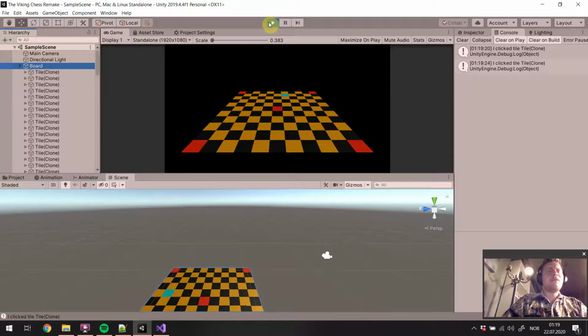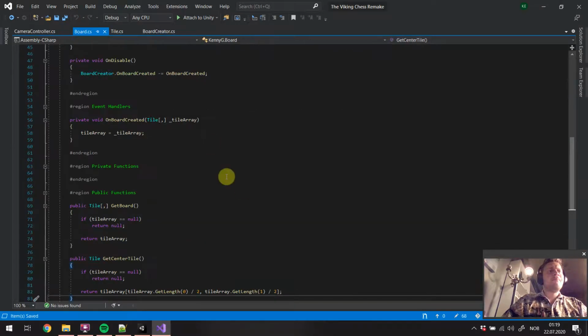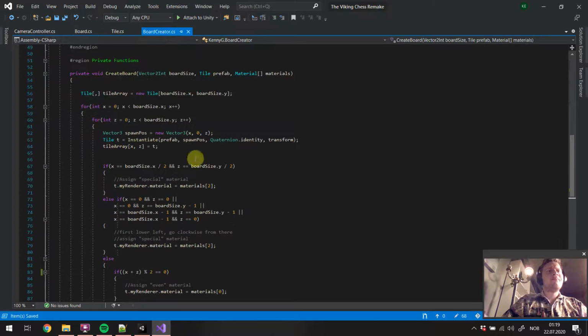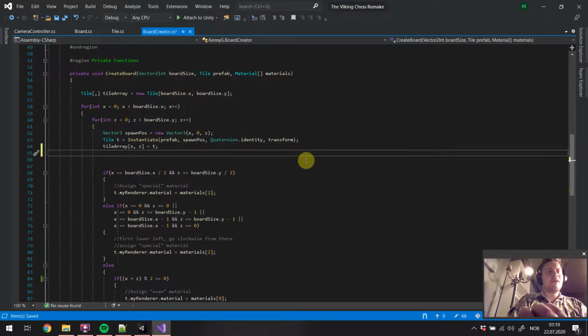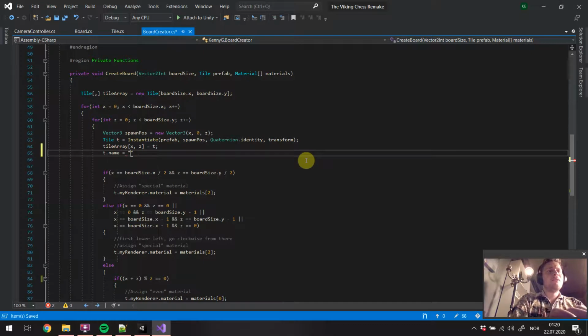Yeah, I think we're actually going to do that right now, because then it's easier for you to see what's going on. So when we are creating a tile, we're going to assign this tile a new name, and that's real easy to do in code. So in the board creator, inside the create board function, after the tile array assignment, we're going to say t.name equals tile underscore, no spaces, plus